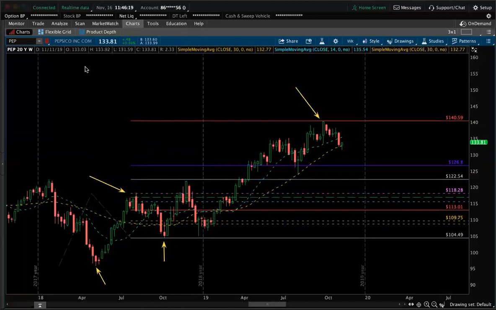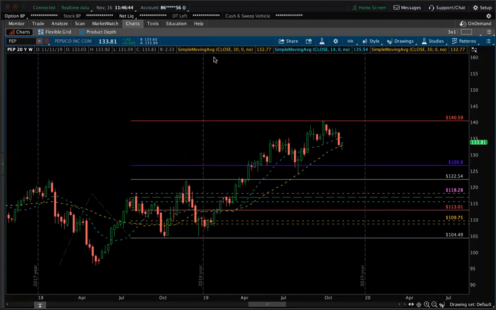Now, if you look at each level, this was a rejection at a gray bar. They brought it all the way back down to this gray bar. So when price is in between gray bars and gets above the red bar, the next level is the upper gray bar. If it rejects that, it comes back down to the red bar. And if it closes below the red bar, your target is the first double bars. Don't worry about double bars, because these are just my levels. You come back down to the gray bar.